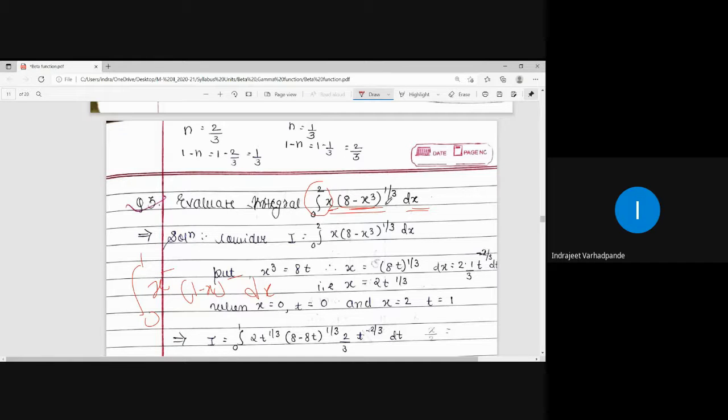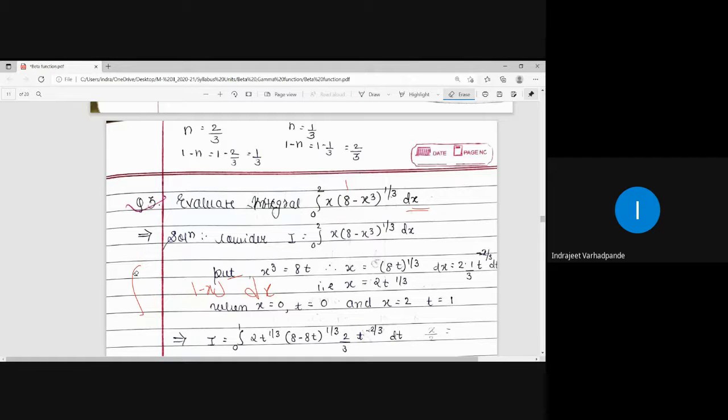So as we try to adjust this particular term into the definition of the beta function, what is to be substituted here? 8 should be taken common because I want the term as 1 minus x. So x is to be substituted in such a sense that it can be taken common throughout. Now in place of x cubed we can take 2, so that 2 cubed is 8 and 8 can be taken common, and that gives me the hint to do the substitution in the proper way. Similarly, when you make the substitution as a multiple of 2 and divide by 2, your limit will become 1. So this is how we try to get the hint.